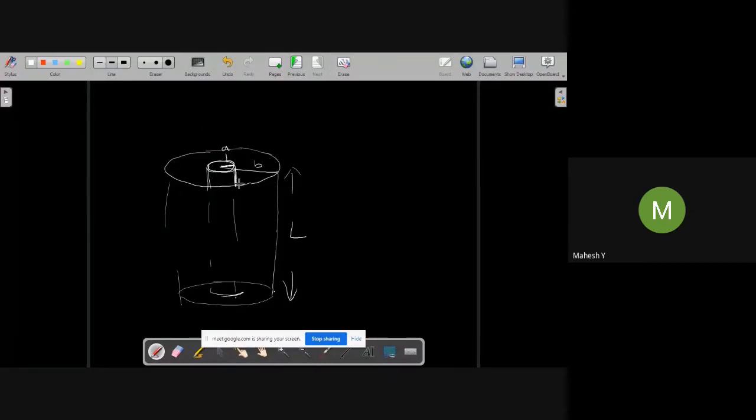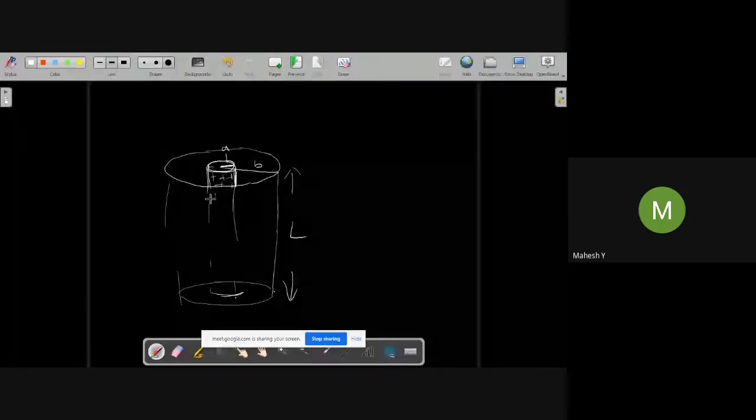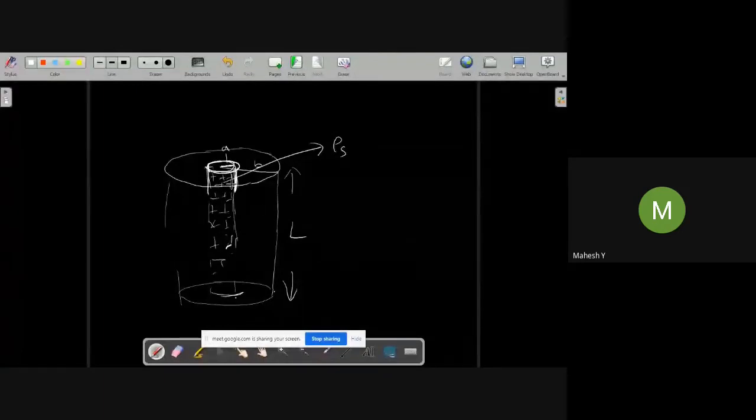The inner cylinder has a length L. So if this inner copper wire is charged, the entire charge will accumulate on the surface of the cylinder. That is the property of metallic conductors, that the charges accumulate at the surface. Now, if rho s is the surface charge density, now it is a surface, not a line, because it has a significant surface area, right? So that is why I'm calling it a surface, and it has a charge density of rho s.